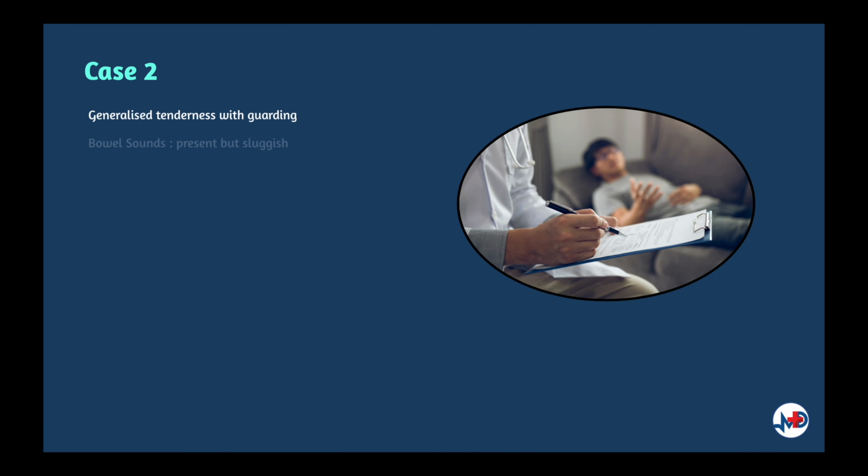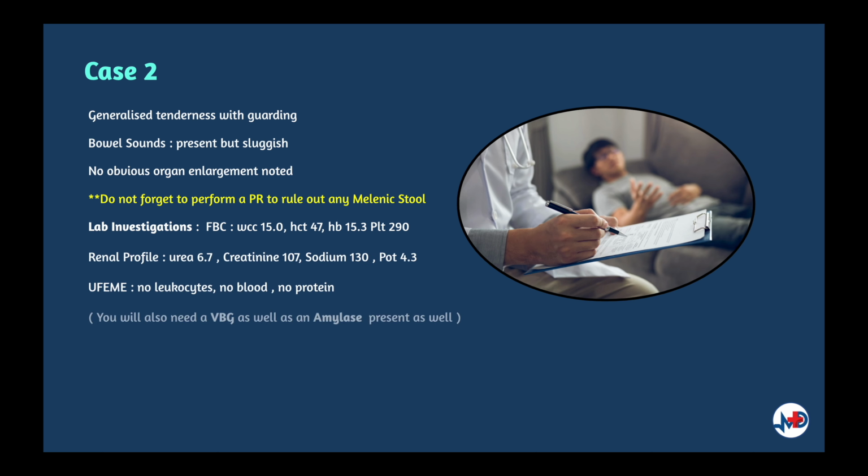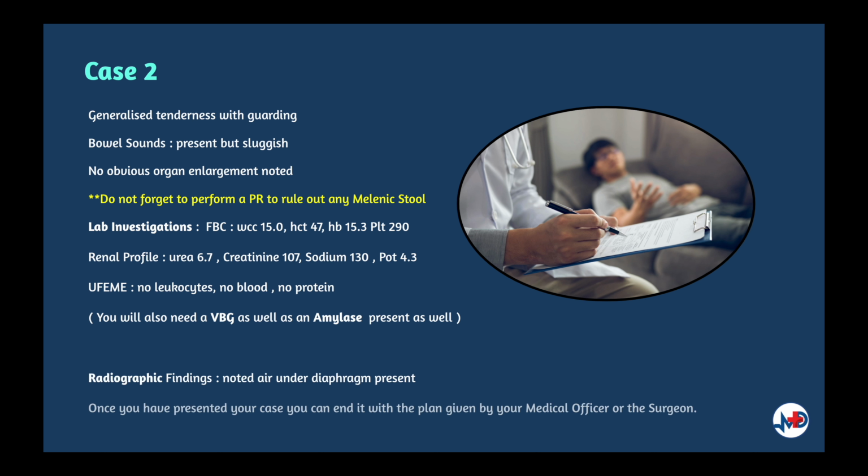For example, you want to describe generalized tenderness, the bowel sounds, whether they are present and sluggish, and no obvious organ enlargement noted. Try not to forget to perform a rectal examination to rule out any malignant stools. As for lab investigations, we note that the white cells are raised, and for the renal profile, the creatinine is slightly deranged. The patient has normal urine analysis findings,